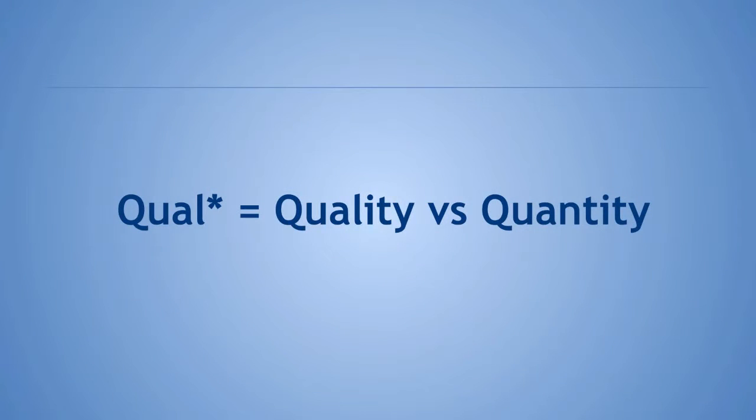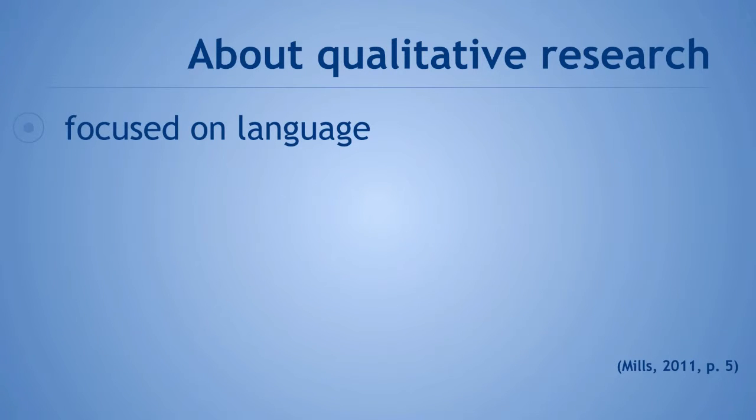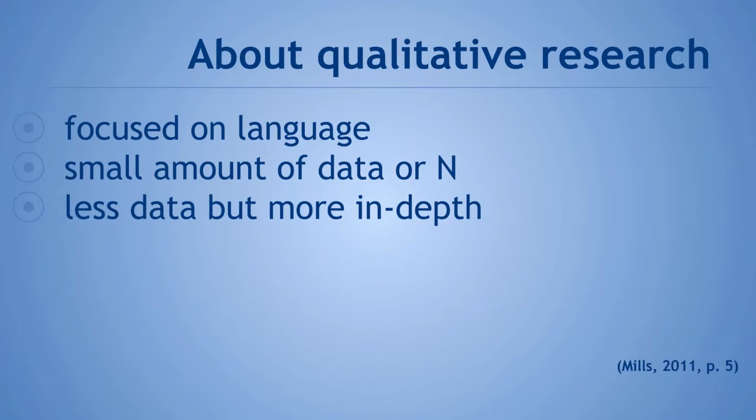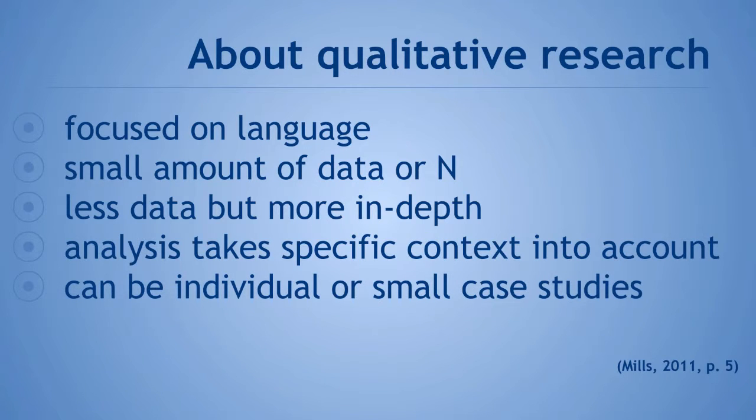Qualitative, on the other hand, deals in qualities, information that can't necessarily be quantified precisely. These research types focus on language and subjectivity. They use a small group or a small amount of data, but with less data, they can usually go in more depth on the results and details. There is some data analysis, but it is typically discussed within the context of the data and can't necessarily be used to conclude generalizations outside of this context. Qualitative research studies can even be focused on small groups of people or even individuals, called case studies.